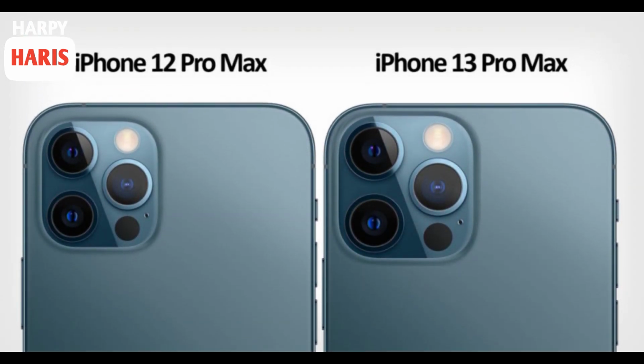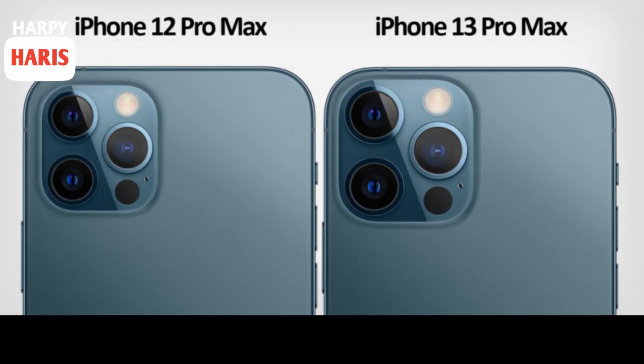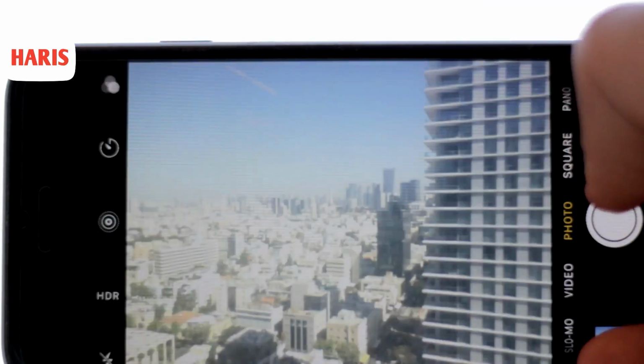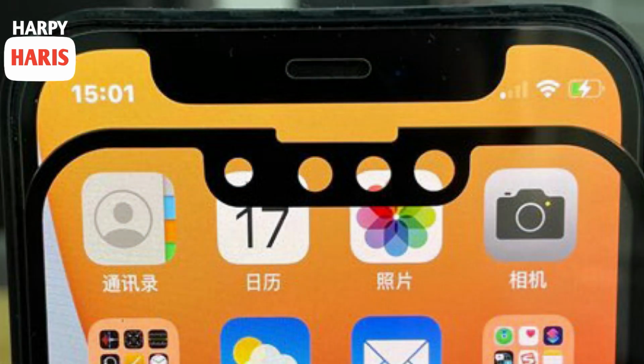The camera bump is expected to change from separate bumps for each lens to a single sheet of glass covering all lenses. This would reduce wobble when laying the device flat on its back. Apple has been investigating methods to hide certain elements of the Face ID True Depth system behind the display. Some Android manufacturers have managed to hide selfie cameras behind the display, but the True Depth system is much more